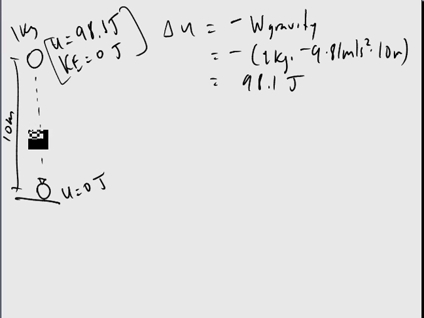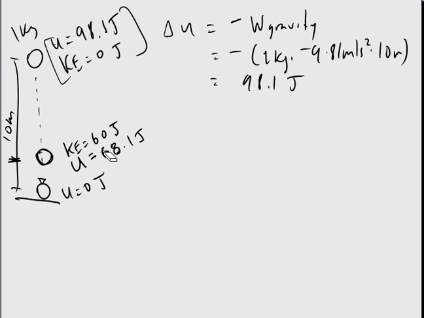So if I tell you that when the ball is right here, it has 60 joules of kinetic energy, then you know that if it gained 60 joules of kinetic energy, it must have lost 60 joules of potential energy. So you'd be left with